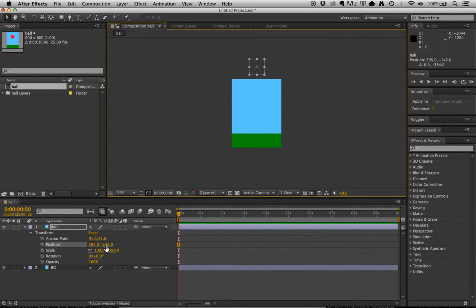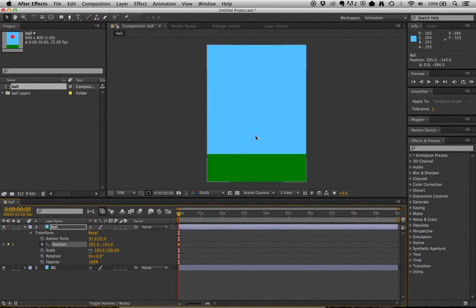So we need to work with keyframes to say, okay, change position or size or whatever. To start with, we just look at the position option here, and there's a little stopwatch next to the transform control. If you just click that, you'll notice a little yellow diamond appears. That's a keyframe. And then if we say, okay, we want the ball to drop from here to the ground in